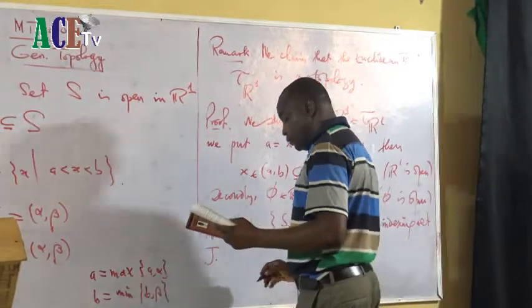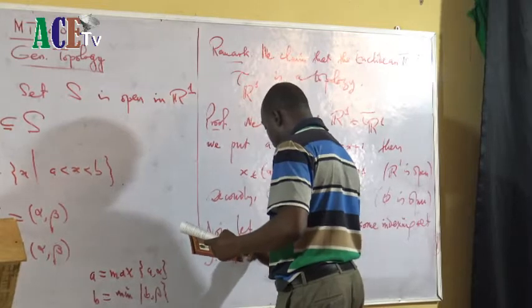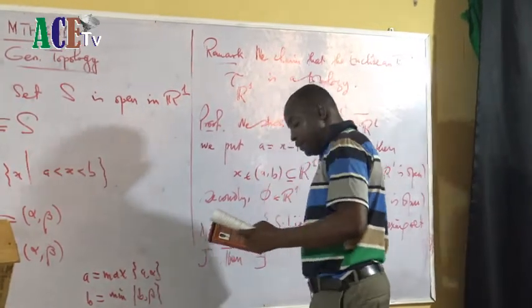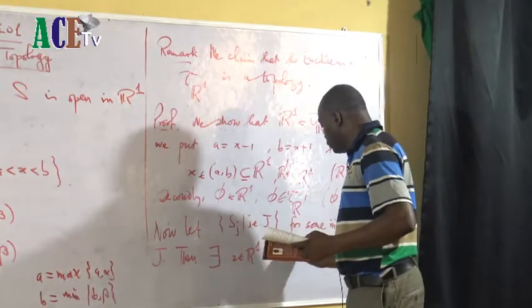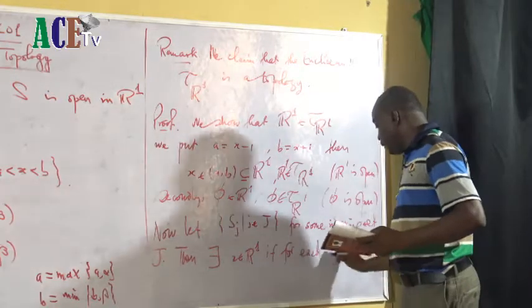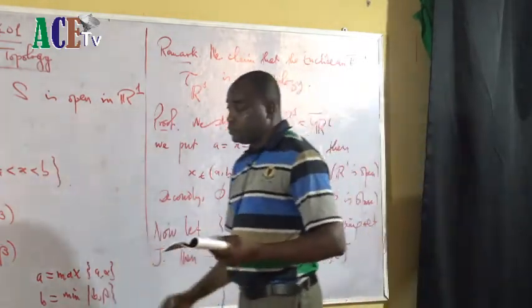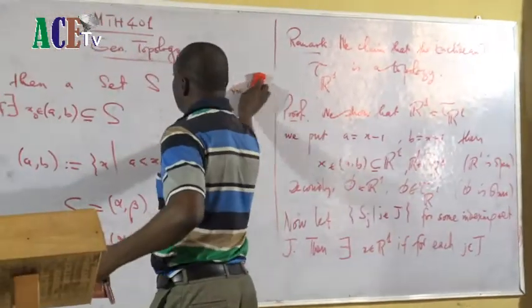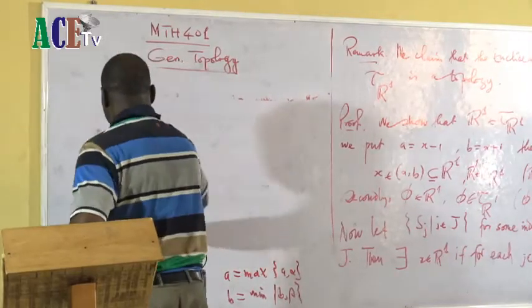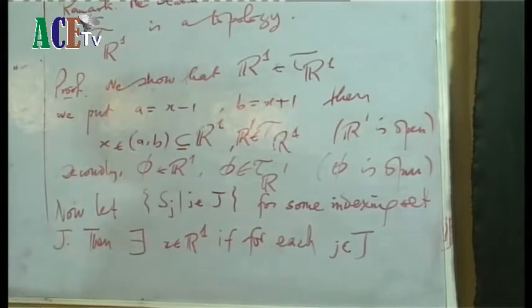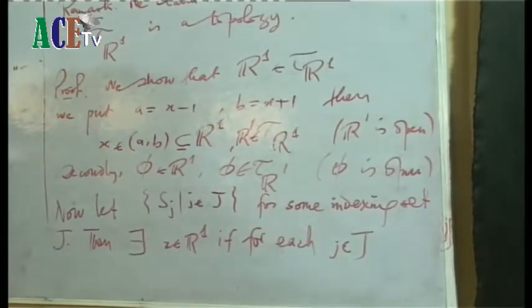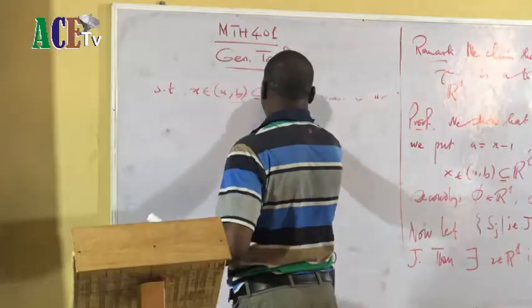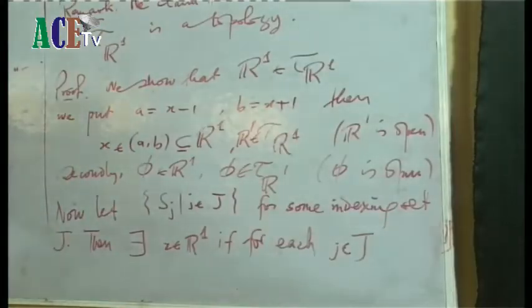Then we can see that there exists X belonging to R1 if for each J inside capital J, such that X is inside (A, B) by definition of a section. So if you can have such, then it will also imply,